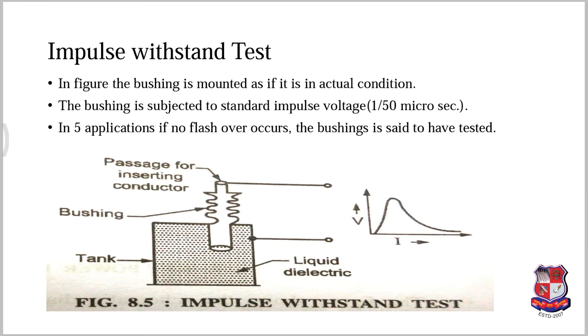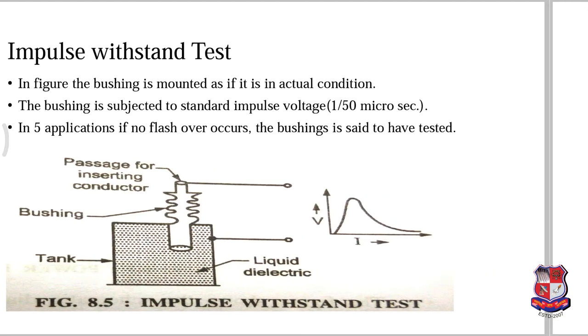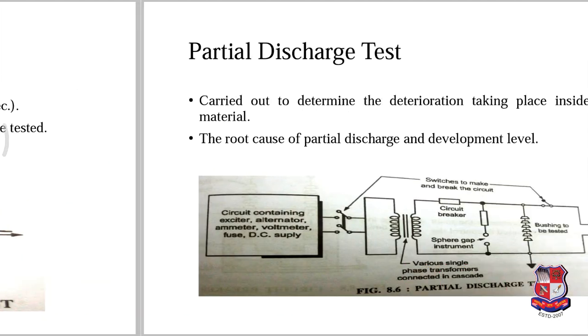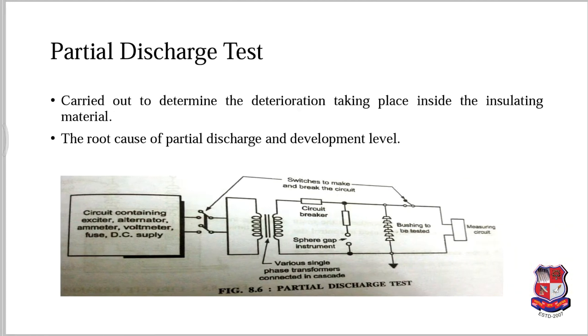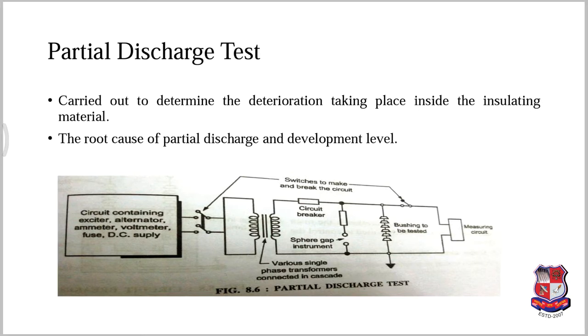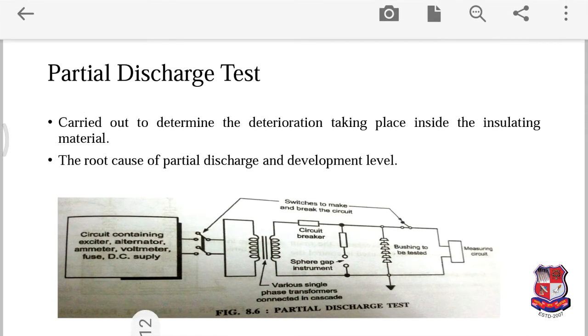Now the wet flashover test is carried out under the influence of artificial rain created by a specially designed fountain. In that spray water, this kind of minerals are there, and see, this is the circuit diagram of the wet flashover test. Artificial rain is there. Now, as we discussed for the insulator, similarly some tests can be repeated for the bushing. Simply in place of the insulator, we have to put the bushing.